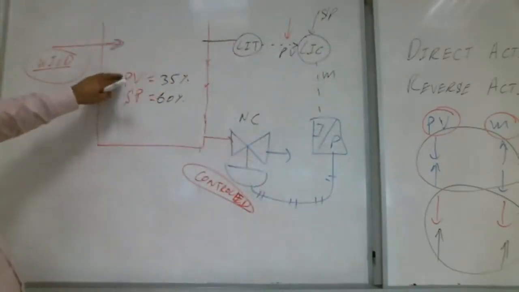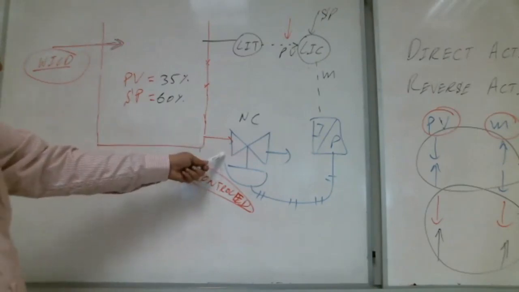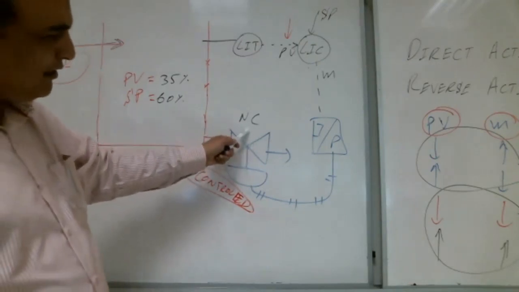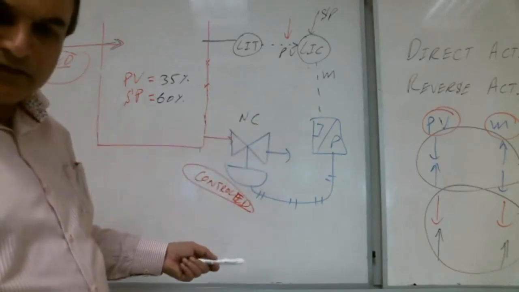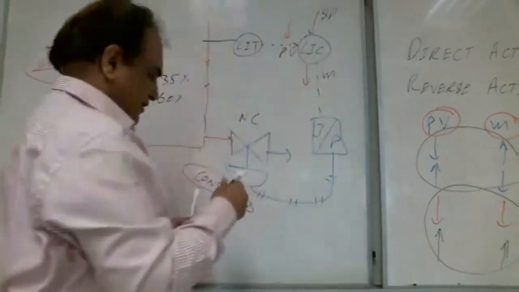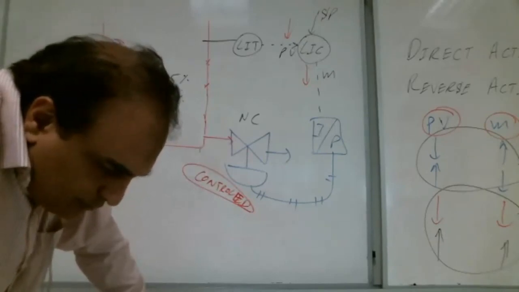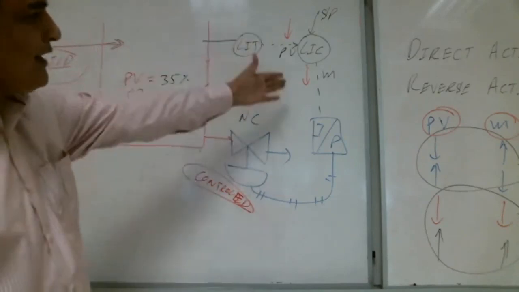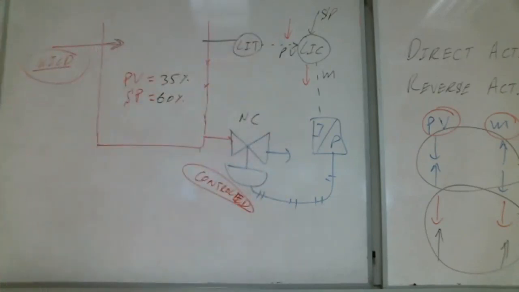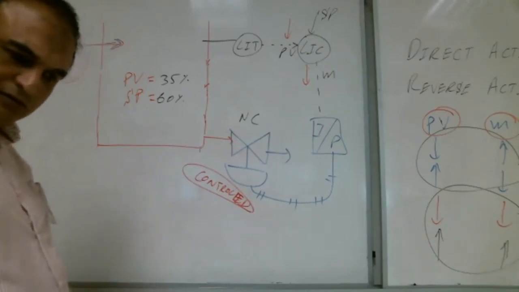What do you want? You want to increase the PV to 60%, right? So you need to close this valve or open this valve? Of course, close. This is a normally closed valve, so will you decrease the signal or increase the signal? Of course, decrease the signal. So which action is this? Direct. Both arrowheads are in the same direction, so it is direct action. Yes, brother. Any other brother has any question? Please ask. I get my point, teacher.